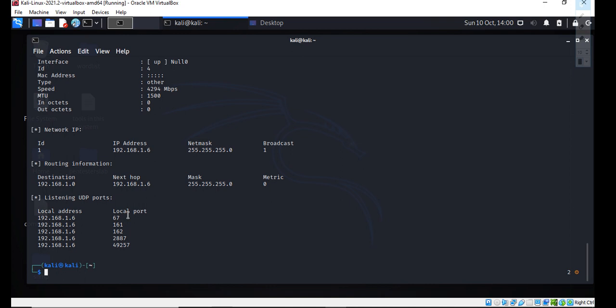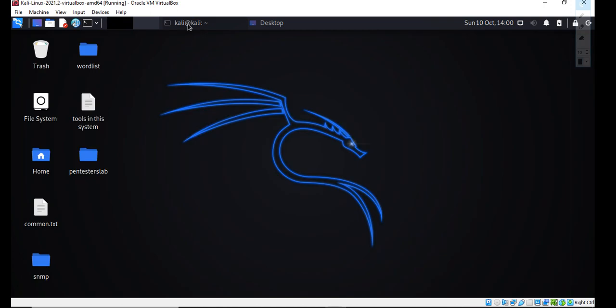So now to exploit this vulnerability in the community string, the attacker will be using a most popular tool, used by almost every attacker, which is Metasploit. Metasploit is a tool used to exploit vulnerabilities.